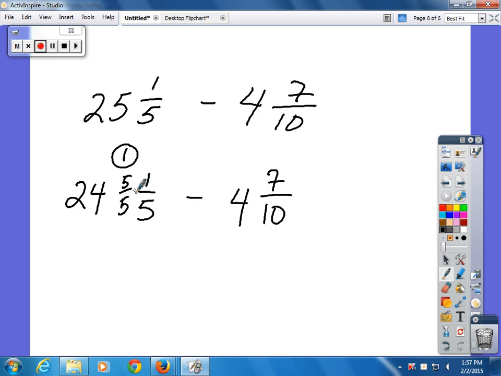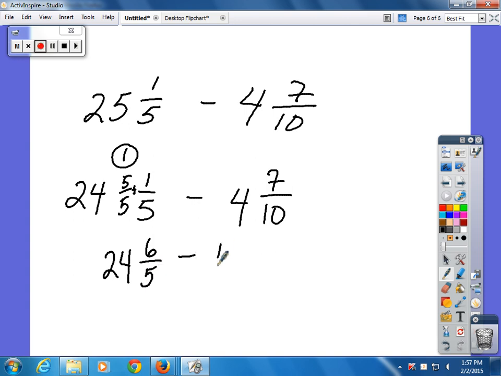Fifths. And a lot of people say, well, you didn't need to do that. All you need to do is get a 10, because, well, yeah. But I'm trying to show you the borrowing concept, why you do what you do when you borrow. So that's 24 and what? 6/5